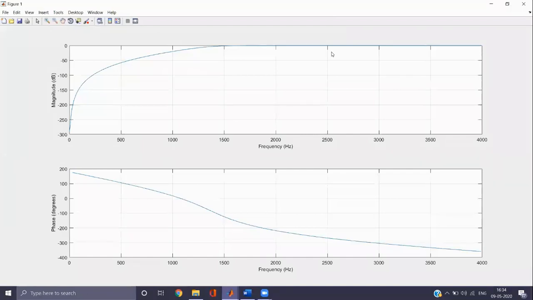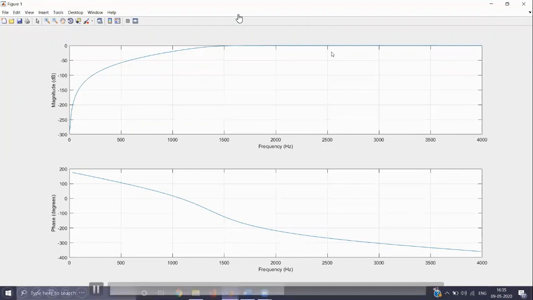So you can see here till 1000 is the stop band. 1000 to 1500 is the transition band. After 1500, we can see the pass band. So the responses of low pass and high pass are just reverse. In case of low pass, first comes the pass band, then comes the stop band. Here in high pass, first the stop band can be observed, later we can observe the pass band. And since it's an IIR filter, the phase response is not linear.